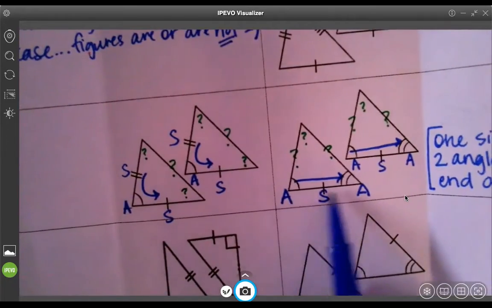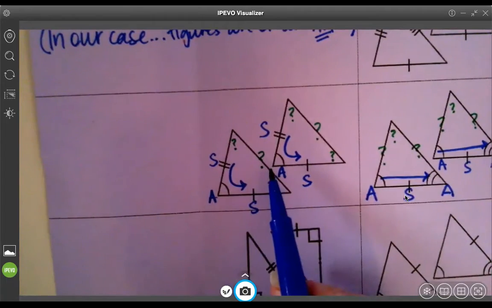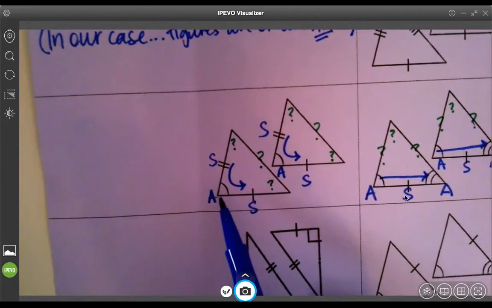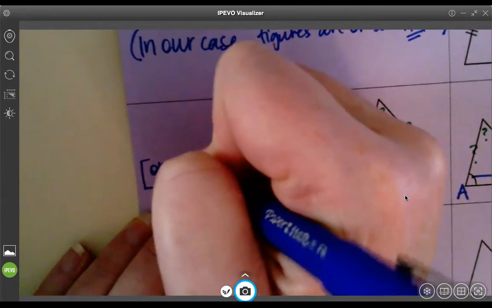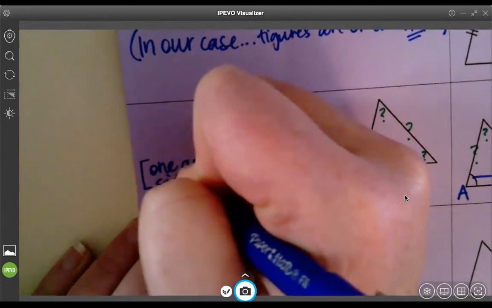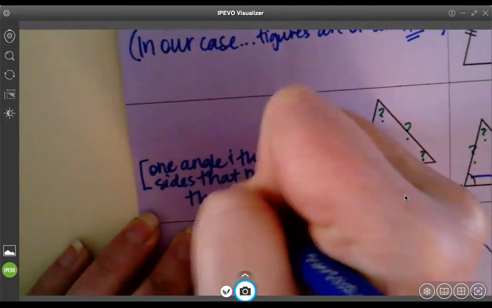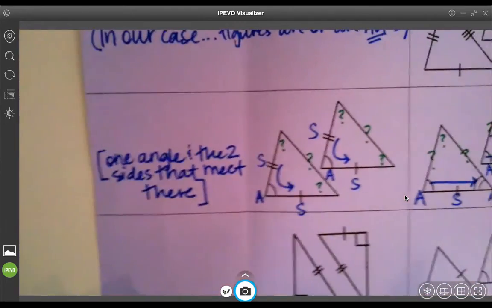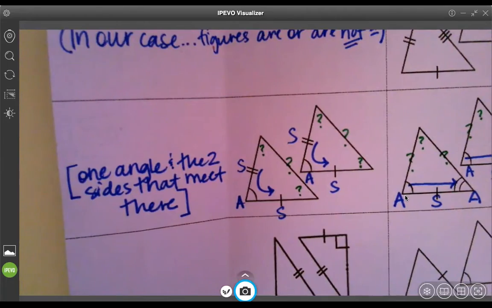This one is one side and the angles on each end. This one is one angle and the sides that make that angle. So we're going to write that over here. One angle and the two sides that meet there. So again, you've got the gap thing. That helps you on all of them. These two in particular have some extra descriptions as well. Now, because of the way these are set up,